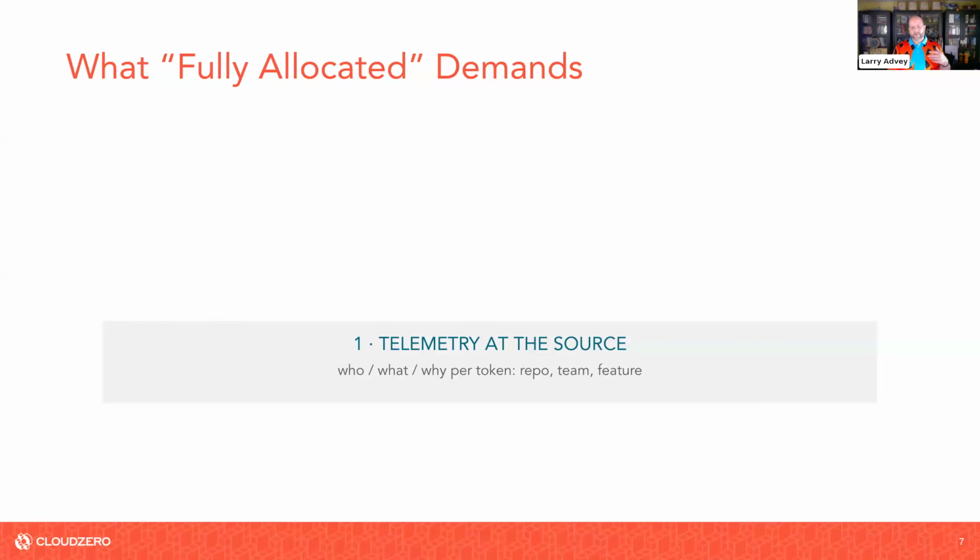And building on top of this, you're then able to allocate back the repos, the teams, the feature, the Jira tickets, the Linear tickets, ServiceNow, GitHub, et cetera, so that you can lean into what's the cost per feature, per product, per customer. You can see where things are working really, really well, what you can invest more into potentially, or where you should pivot otherwise. But it's all around the allocation, but you need the telemetry to do it.